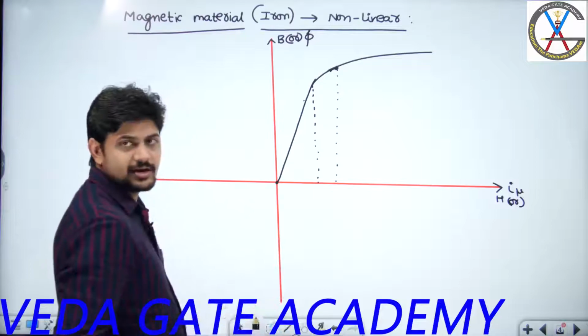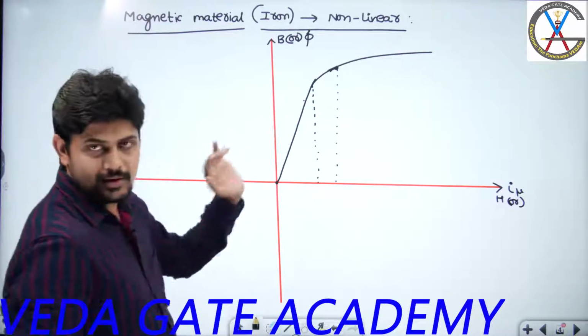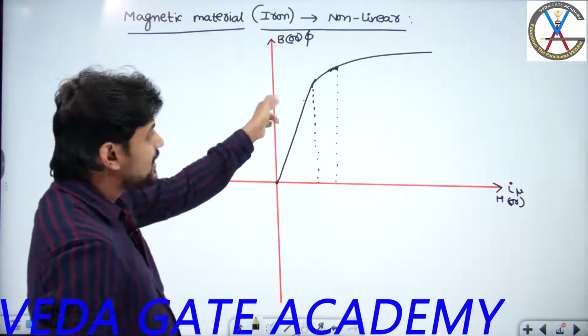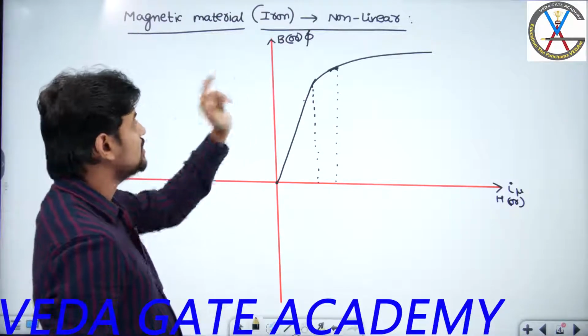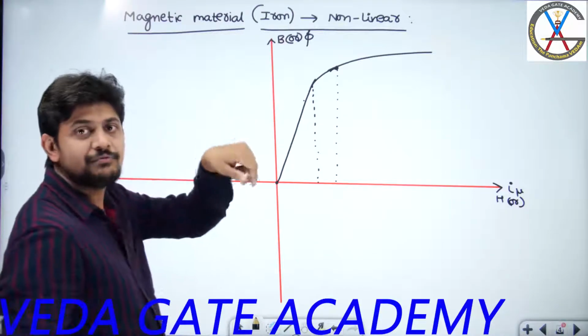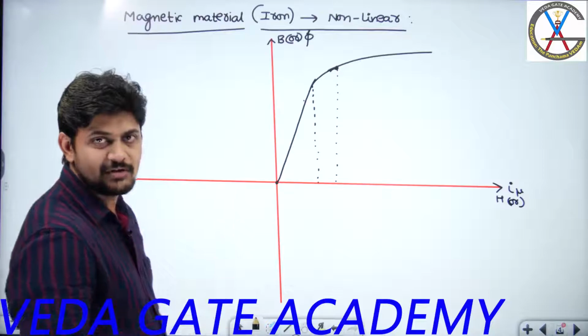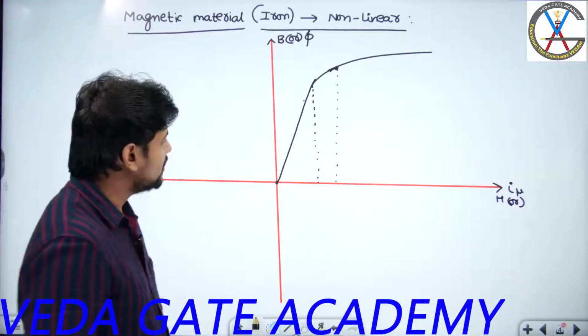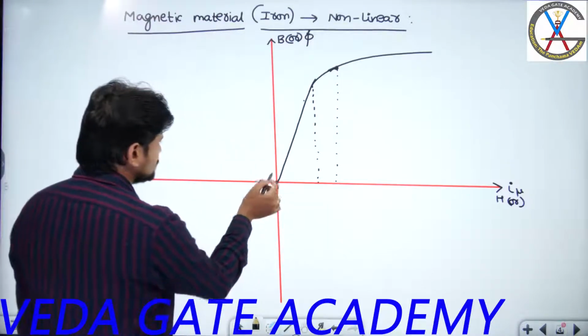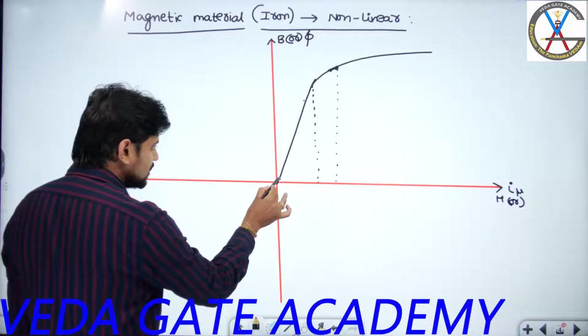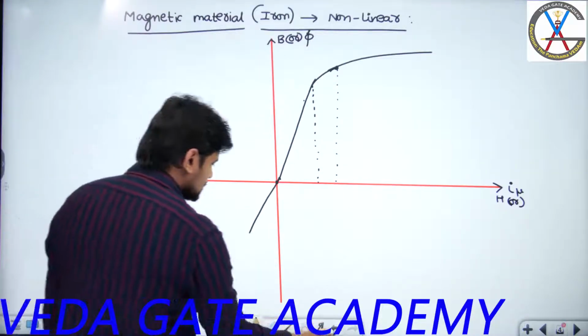Are you following what I am saying, guys? So this is the shape of what? This is the shape of the BH curve of a non-linear machine, or a transformer with an iron core, or a core designed with iron. Have you understood this point? Right? So the same shape will be coming here also. I am not going to draw the entire loop here. So you are going to get the same shape.